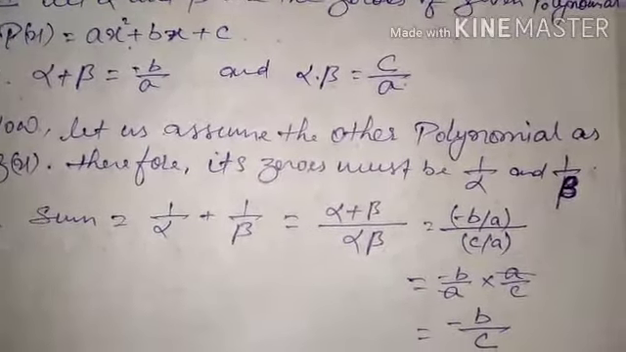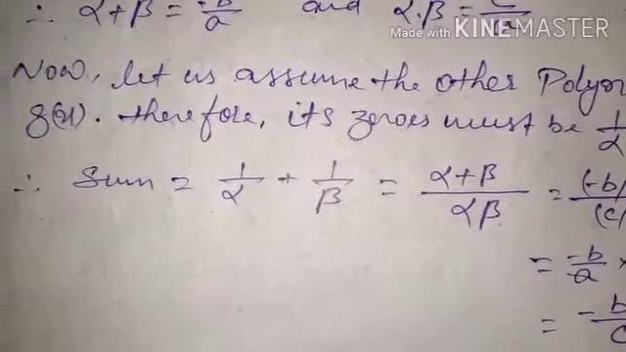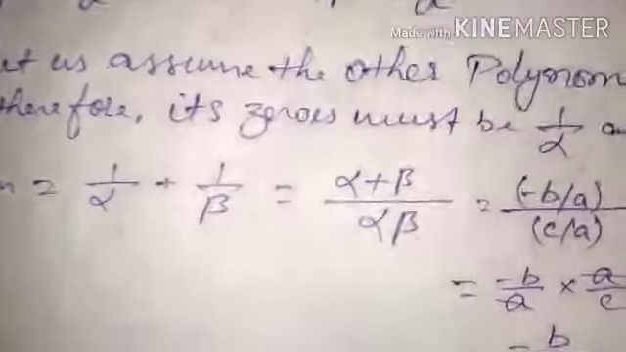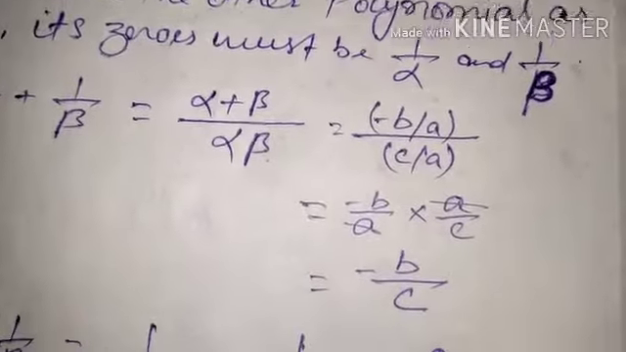Obviously, since the question is saying only that they are reciprocals, if the zeros of this polynomial are alpha and beta, then this polynomial's zeros must be 1/alpha and 1/beta. Okay, now finding the sum of these zeros: 1/alpha + 1/beta = (alpha + beta)/(alpha × beta). Substituting the values which I have already taken out over here, (-b/a) divided by (c/a), it will become